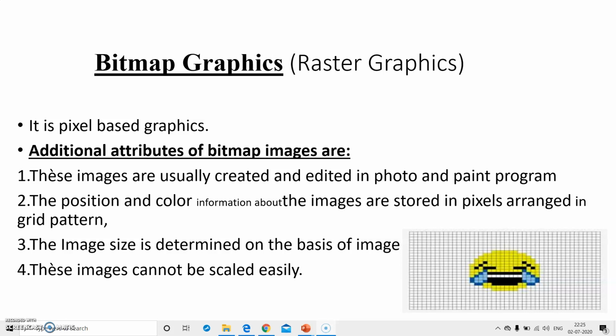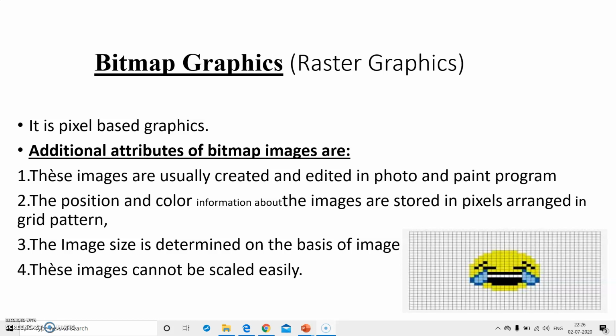Bitmap images, also known as raster images, are made up of pixels in a grid. Pixels are picture elements, the tiny squares of individual color that make up what you see on your screen. All these tiny squares of color come together to form the image you see. Bitmap images are resolution dependent. We already know what resolution means: resolution is nothing but the total number of pixels present in your image.